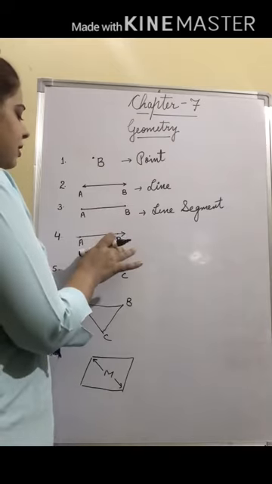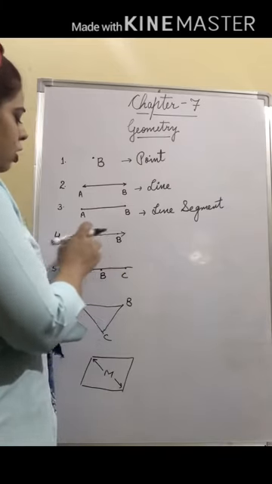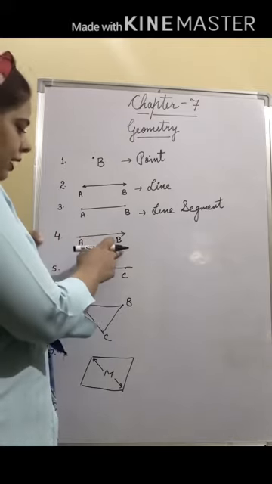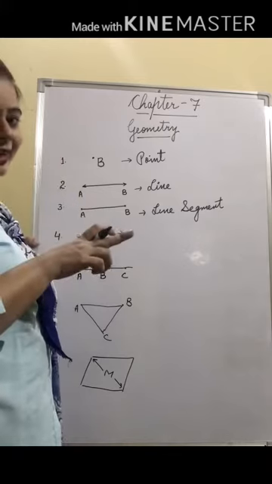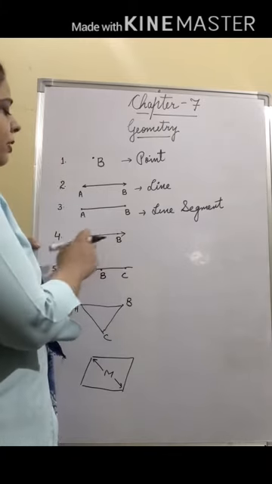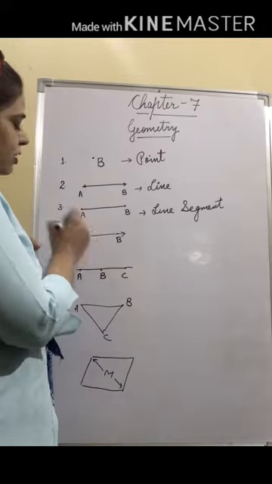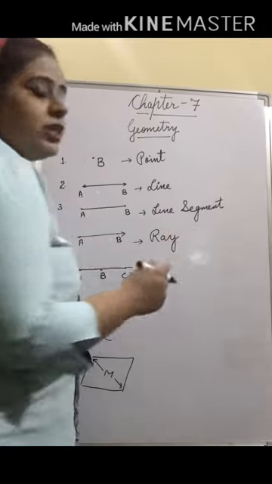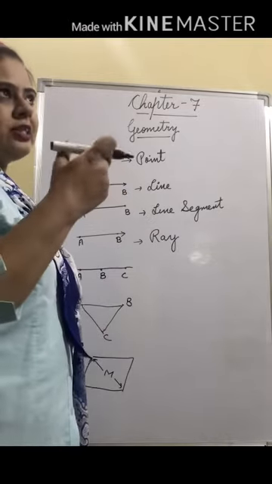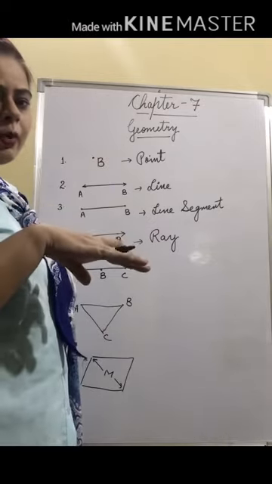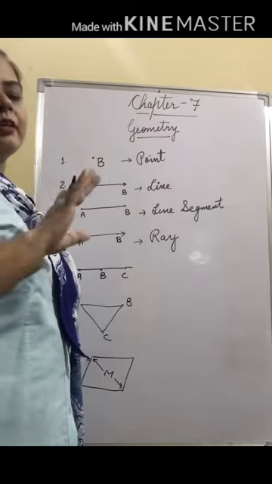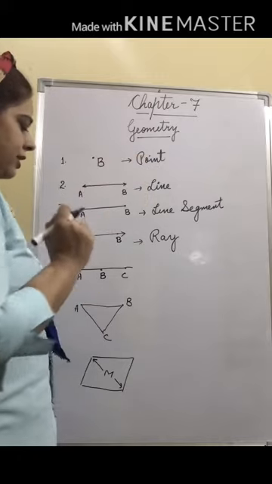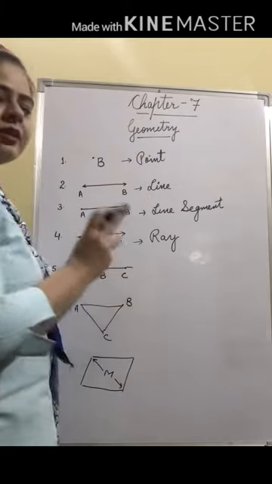Now next, what is this? इसमें 1 arrow है और 1 dot है. It means it is a part of line. लाइन का पार्ट है. It can be extended in only one direction because one side पे एक एरो है और एक साइड इसका फिक्स्ड पॉइंट है. So it is a ray. As you can see, जब आप टॉर्च से लाइट निकालते हो, you can see the torch light. टॉर्च तक तो उसका एंड पॉइंट है, but जब तक वो लाइट ट्रेवल कर रही है, it has no end point on the other side.